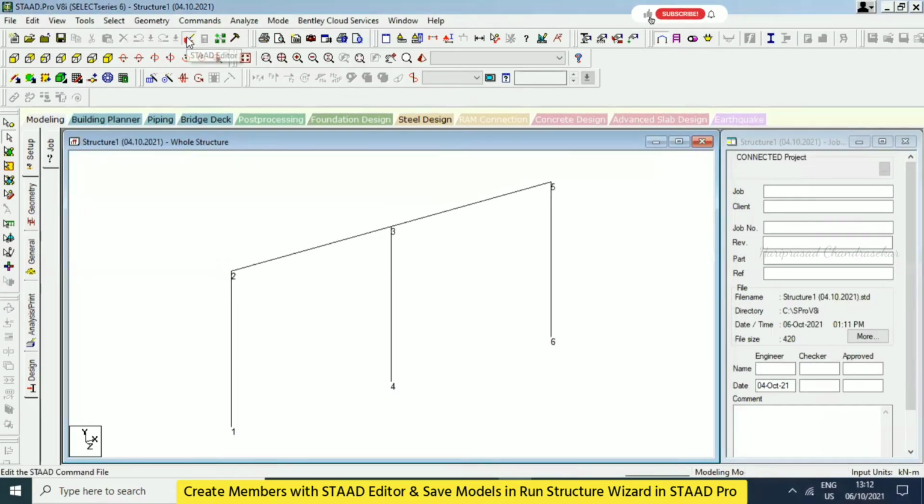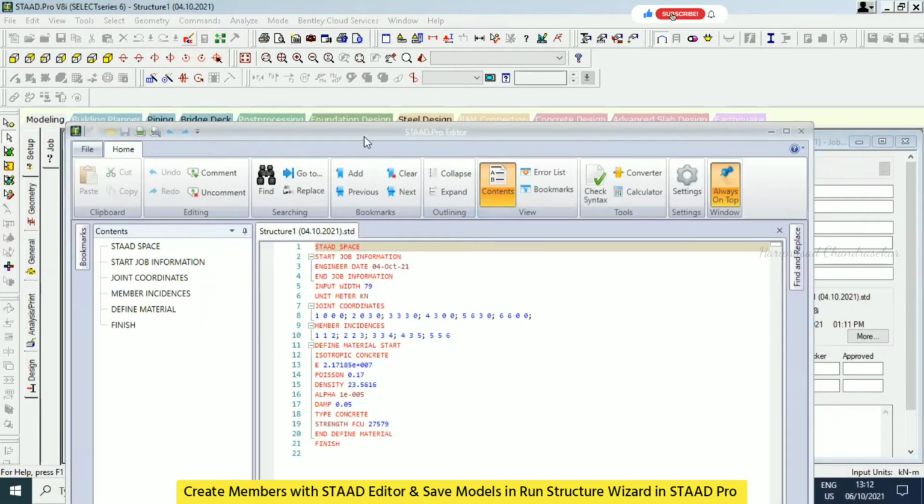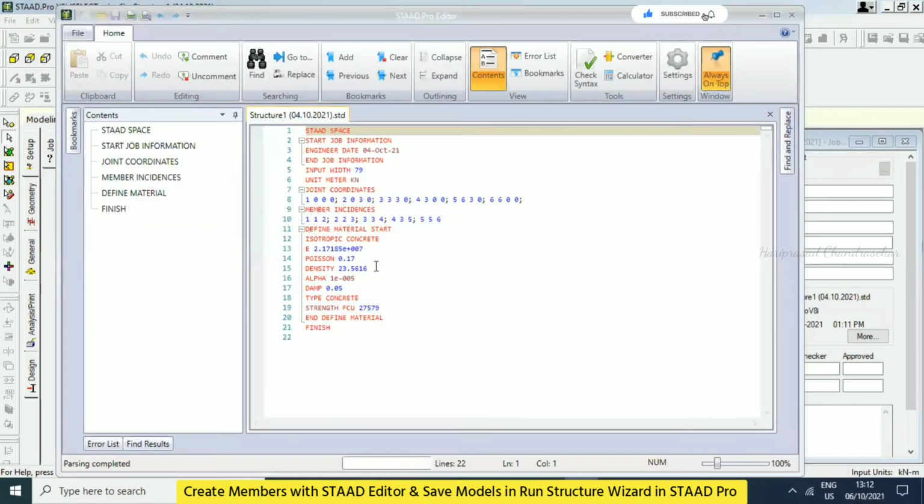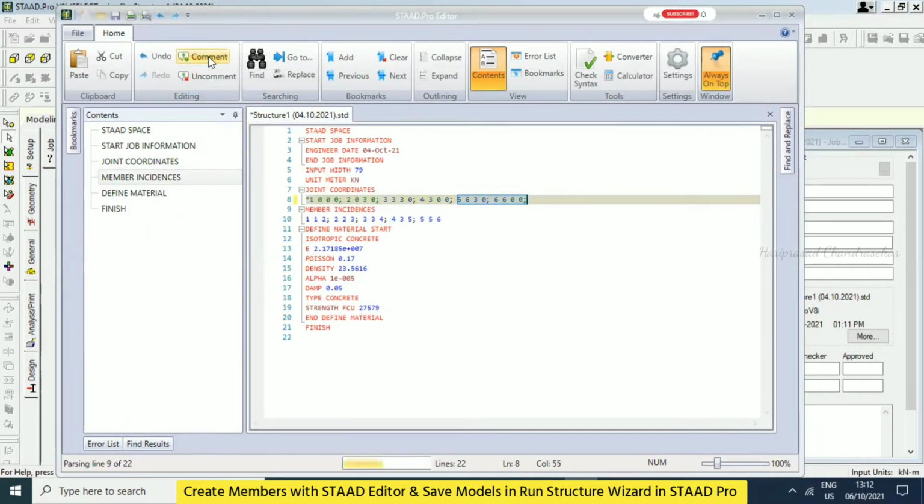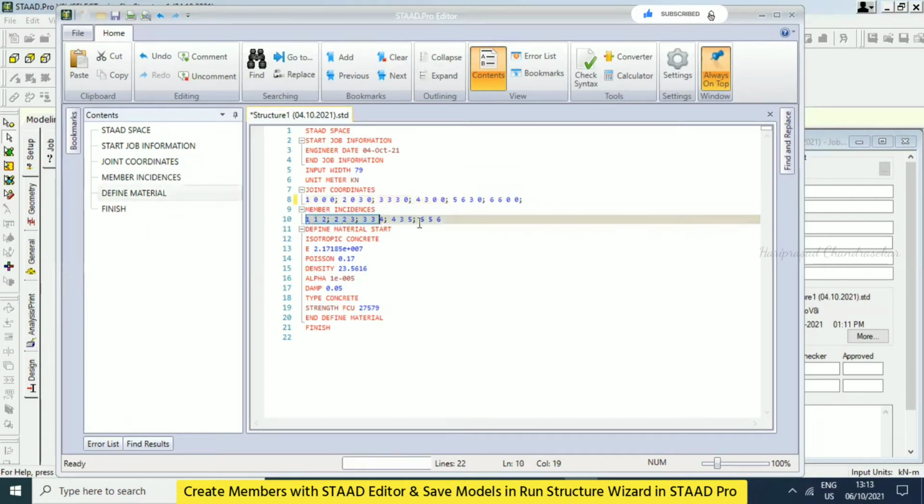Now you also know Start Editor, right? In Start Editor, for example, if I want to hide something, see, this is what we made now. I want to make this comment. This is already uncomment only. Otherwise, I will make this uncomment. For example, uncomment, comment. It is in green color.